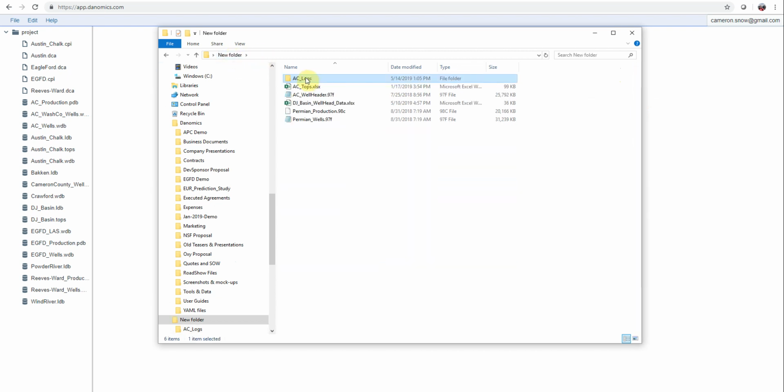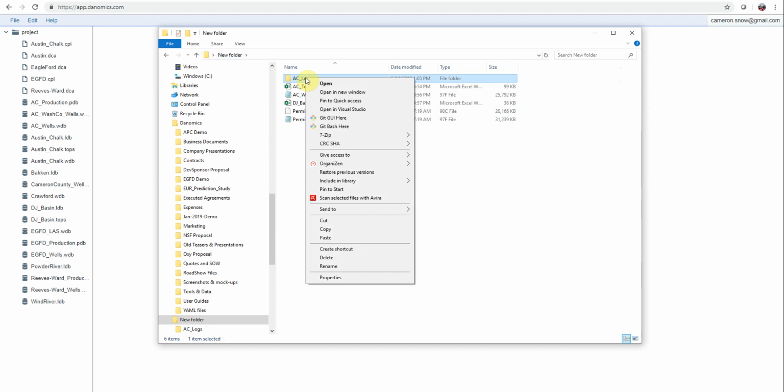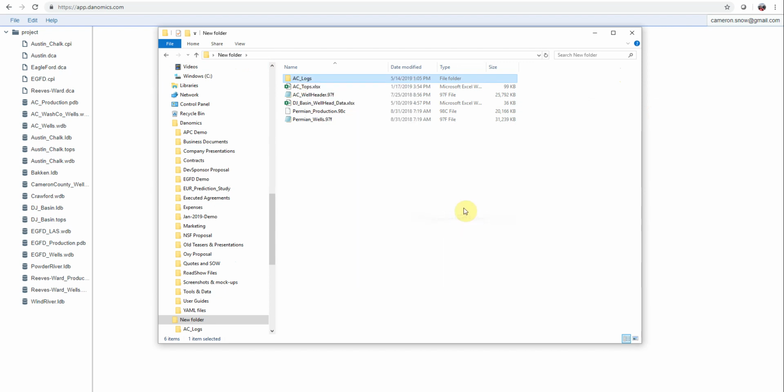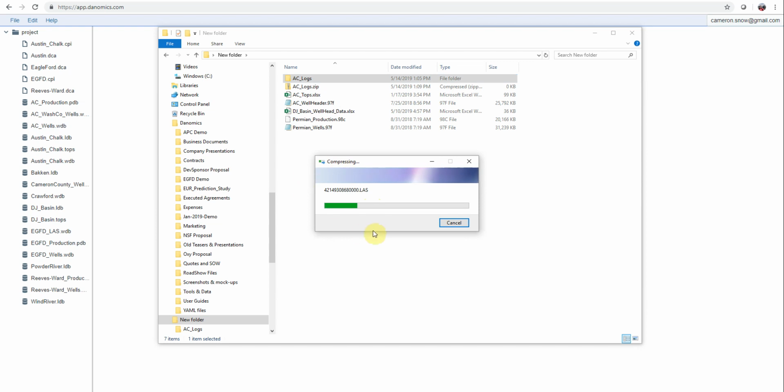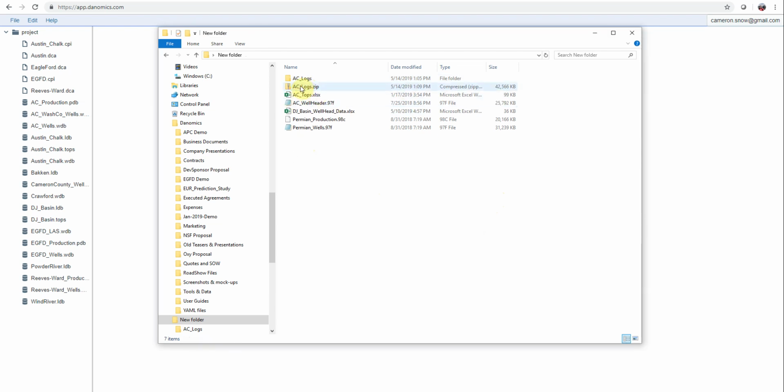All we're going to do is right click on this if you're in Windows, and go Send to, Zipped folder. The Windows dialog will pop up. We see that it adds these folders to the zipped file, and it creates it under the name of that folder, so it's named